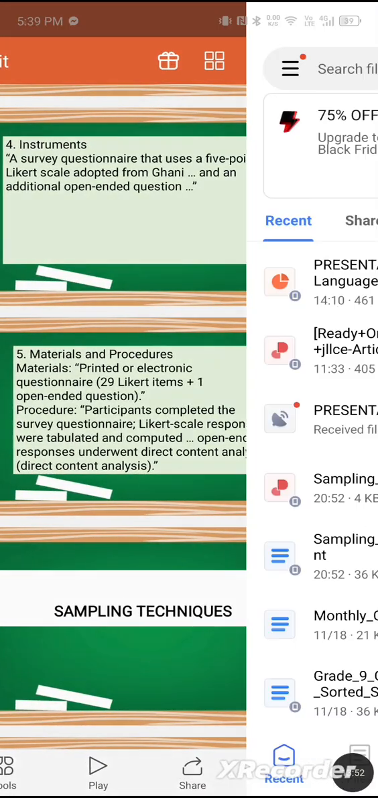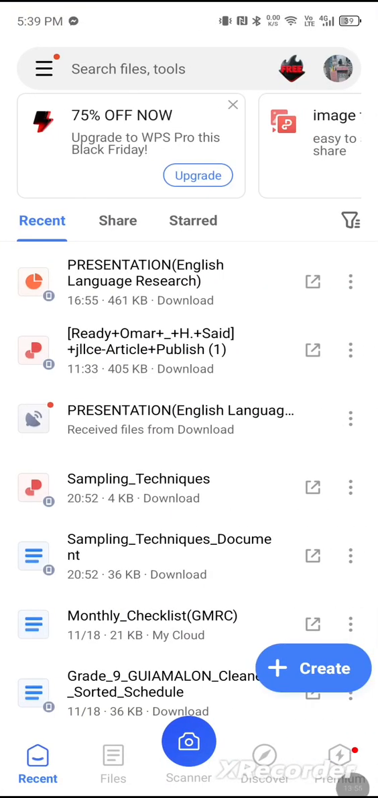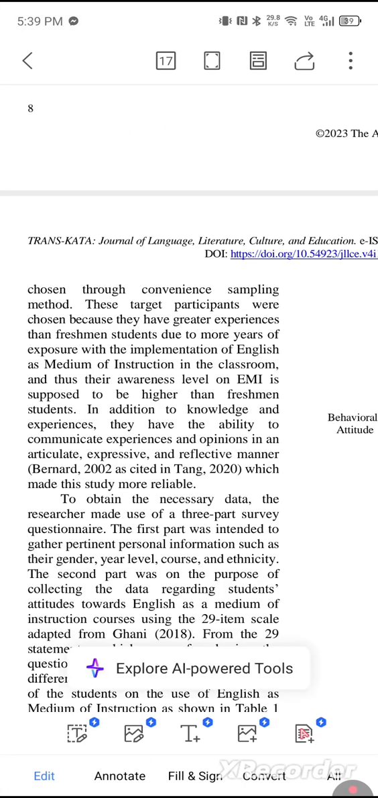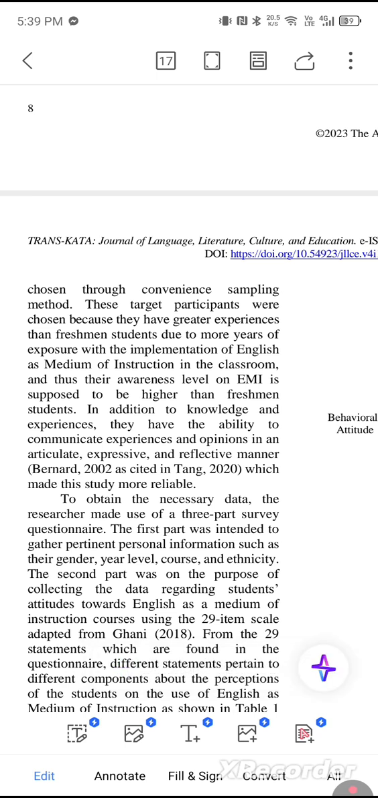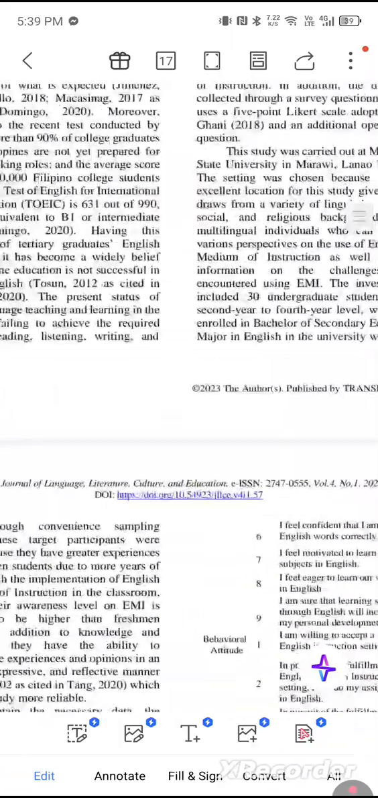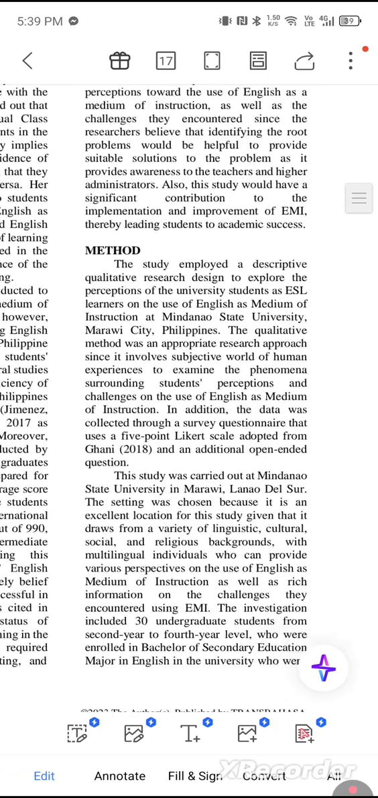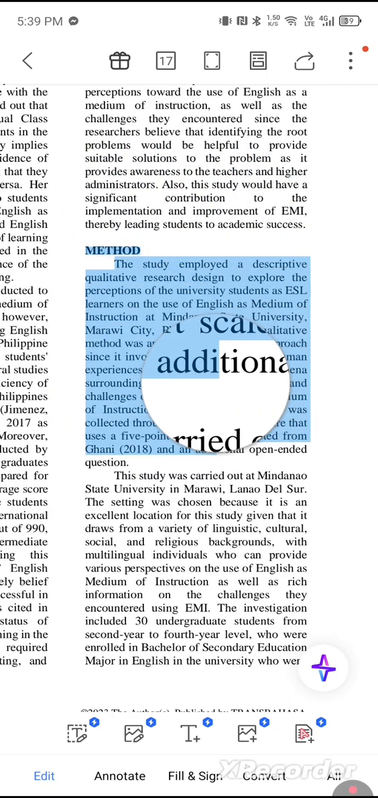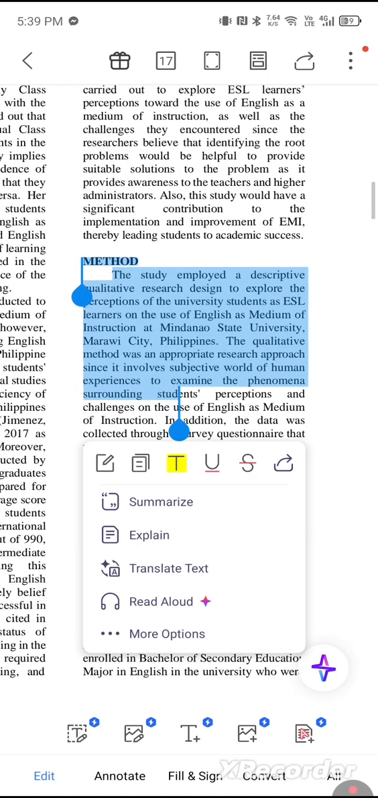Next. Wait, before we proceed to another topic, I have here a sample research study where I got the excerpted part of what I have shown earlier. So let's focus here. Where is the methodology chapter? Okay, I'm going to look for this here. So here is our methodology chapter. As you can see, here is